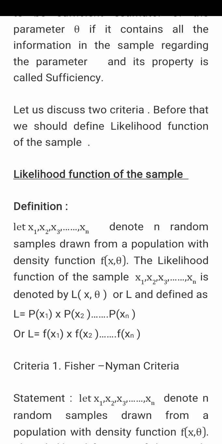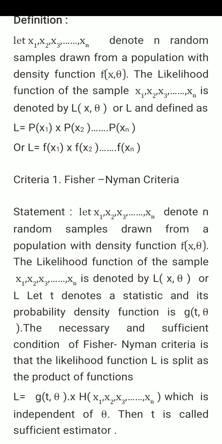or L is equal to f of x1 into f of x2 into ... f of xn. We have to multiply all of these, in the case of discrete, and in the case of continuous. Based on that we have the likelihood function. We have criterion 1, the Fisher-Neyman criterion. First what we do, we draw the sample from the population, x1, x2, ..., xn, which are